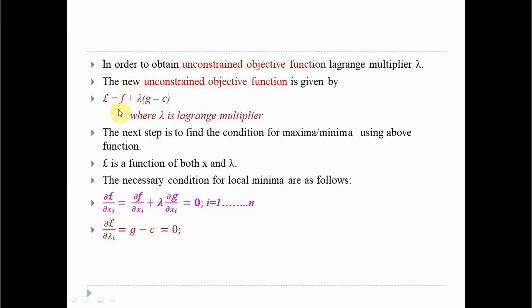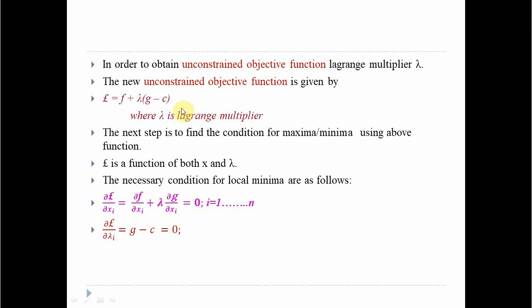So when you differentiate this with respect to xi, this is the function you get: dou f by dou xi plus lambda dou g by dou xi. Since c is a constant, this gets eliminated, this becomes 0. Lambda, when you partially differentiate with respect to xi, also acts as a constant. g is a function of xi, f is a function of xi. So you will have dou f by dou xi plus lambda into dou g by dou xi, where i varies from 1 to n. This entire equation will be equated to 0. So from here you will get one necessary condition.